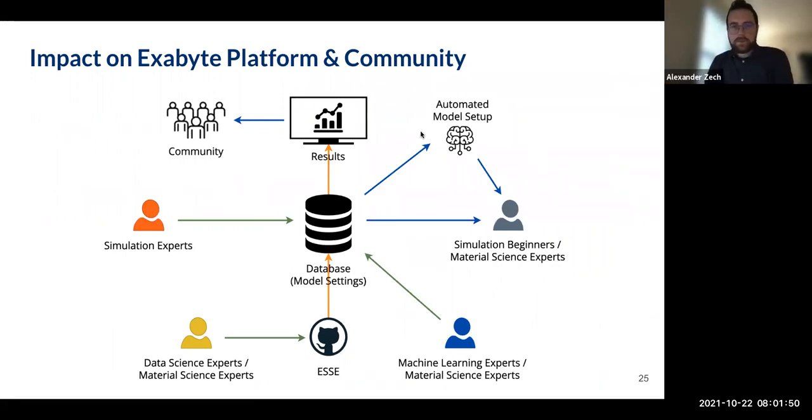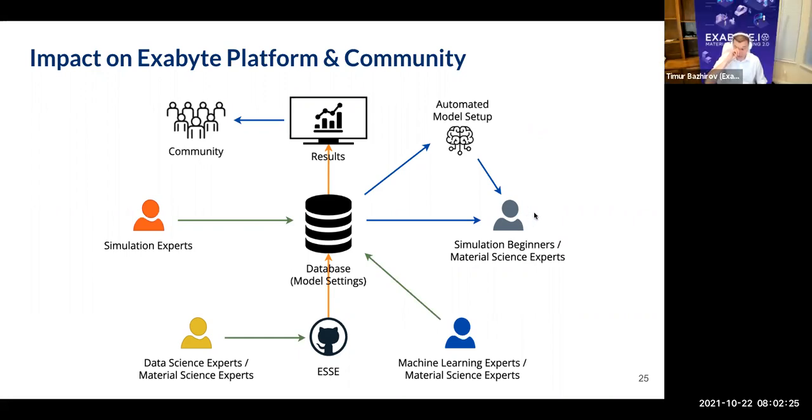I mean, this goes back to what we mentioned in the beginning. So if we are able to construct these associative relationships, we can think about automatizing the model setup. So like suggesting a model given a material and property, and making it easier for simulation beginners to set up the calculation. Right. So we're planning an overhaul to the workflow design system that we have today, and this overhaul will